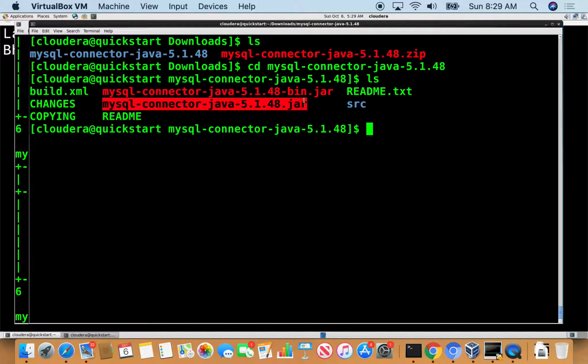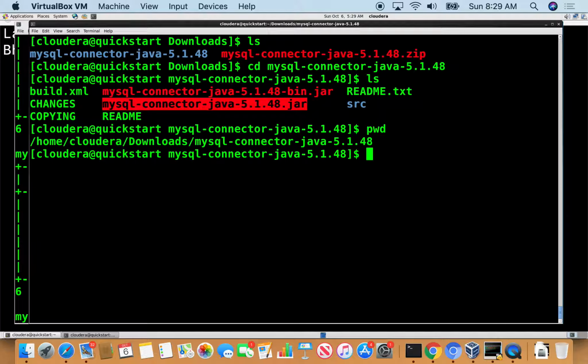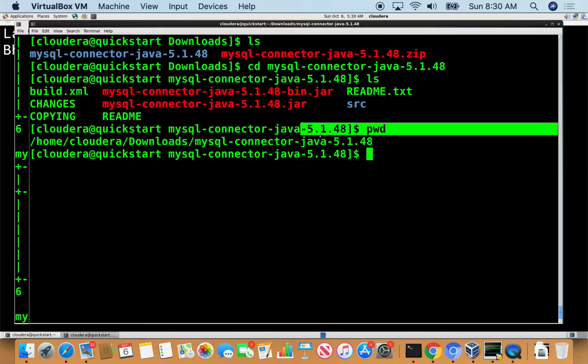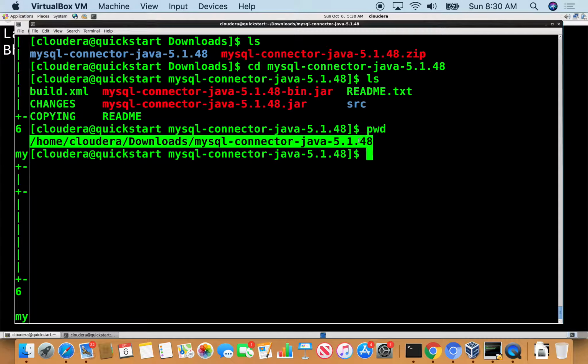MySQL connector. There are two jar files. Always, as a good practice, copy the jar files into your lib that you created. Okay, so where is it? This is in which directory? In this particular directory, and I have to copy all the jar files, right? Don't forget the slash. And I'm going to right click, copy,